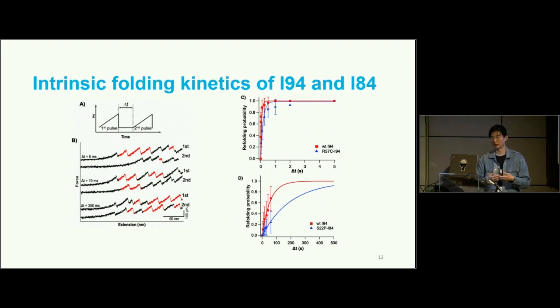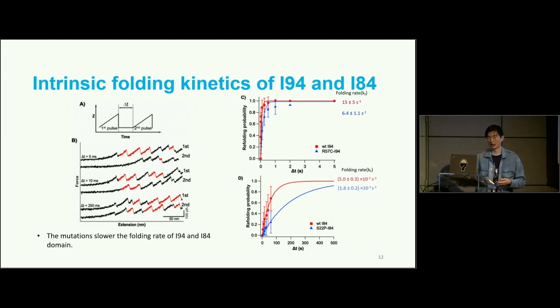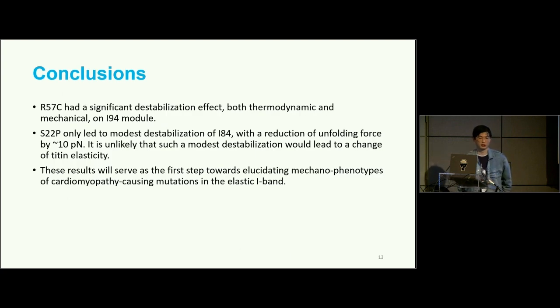We do the same thing at different relaxation times, and finally we get a refolding probability versus relaxation time plot, and we fit it with a single exponential function. Then finally we can find the folding rate. As you can see here for I94, the folding rate was decelerated by the mutation for both of the proteins. And finally, to draw a conclusion, the I94 mutation can have a significant destabilizing effect, both thermodynamic and mechanical,